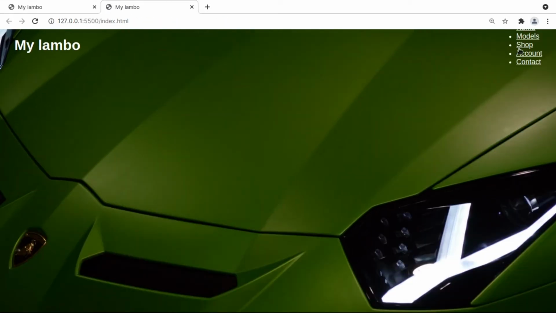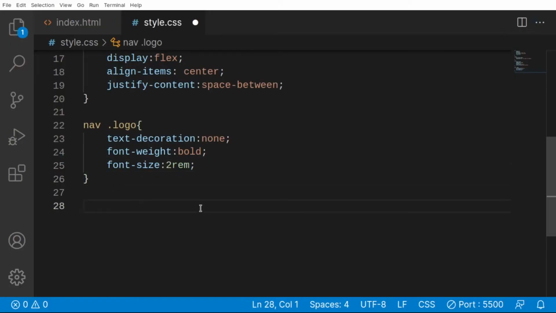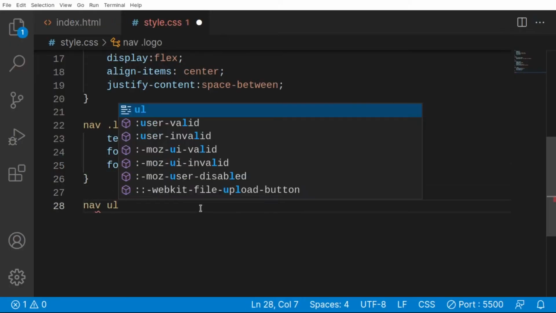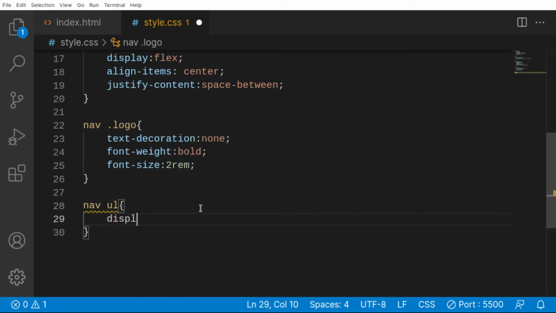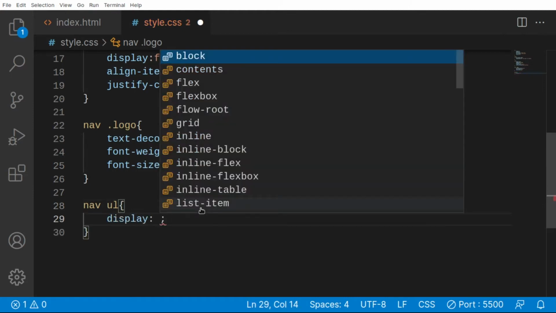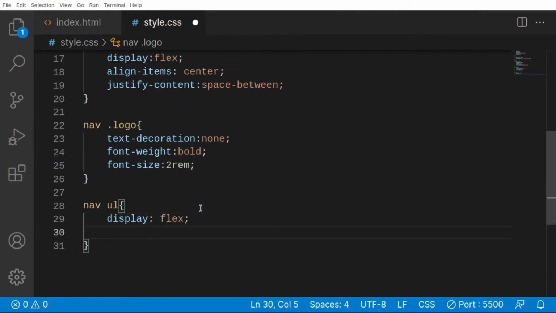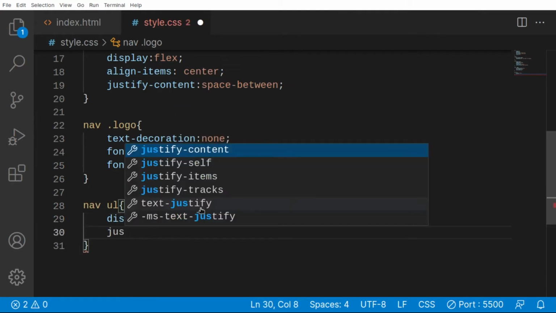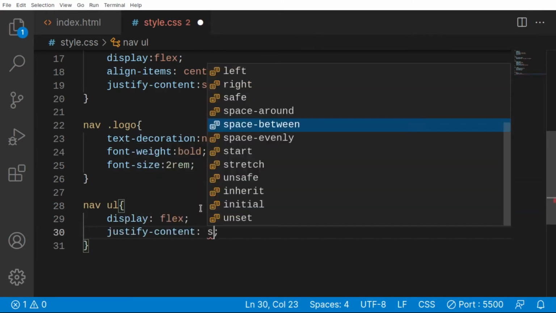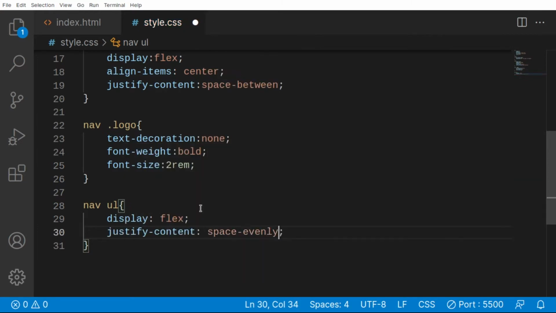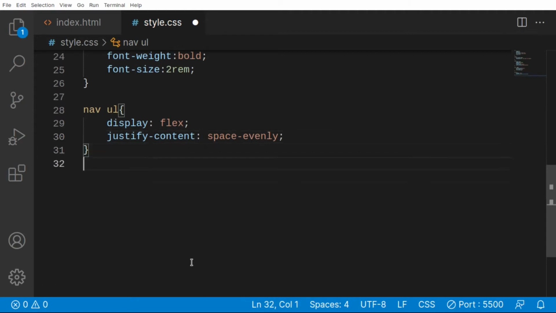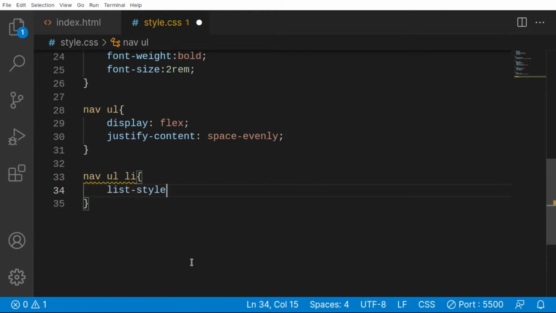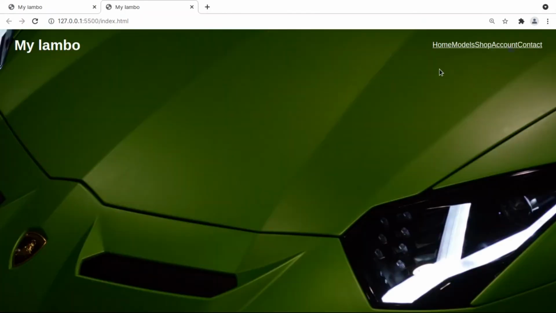Let's just style our links first. So go to nav ul, and I'm going to give it a display of flex in here as well. Justify content should be of space evenly, so that the space will be evenly in between our nav links. I'm going to remove the list style from here. Let's just say list style of none, and I'm now able to see